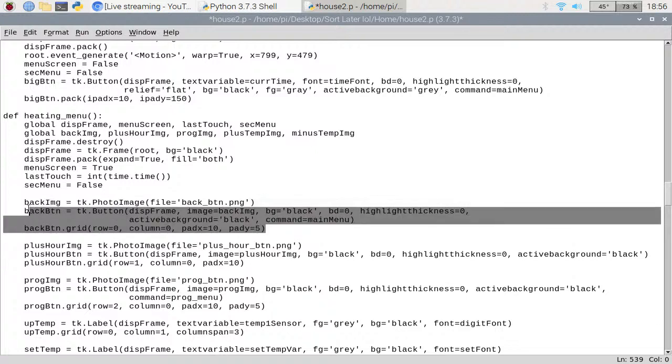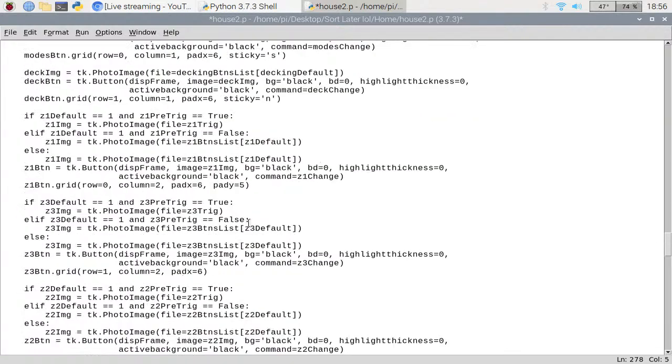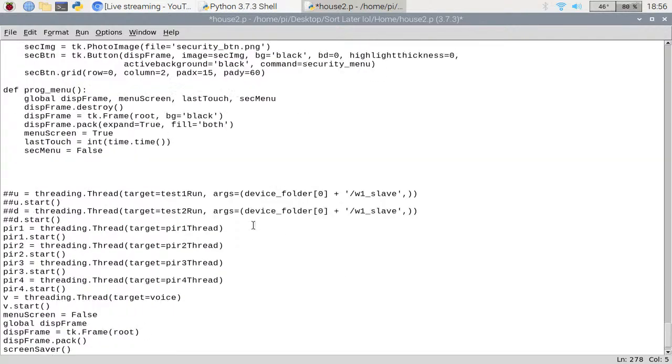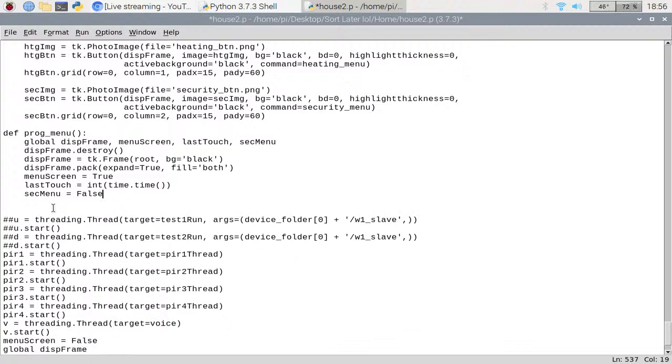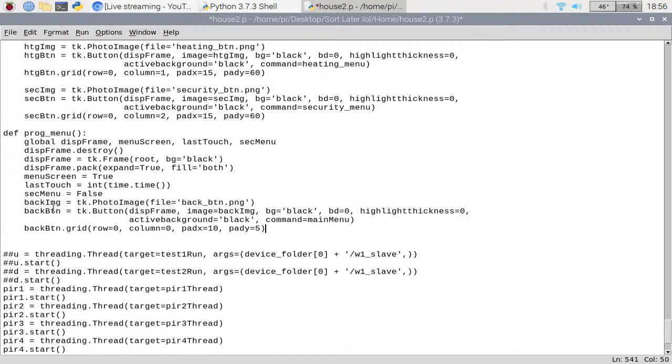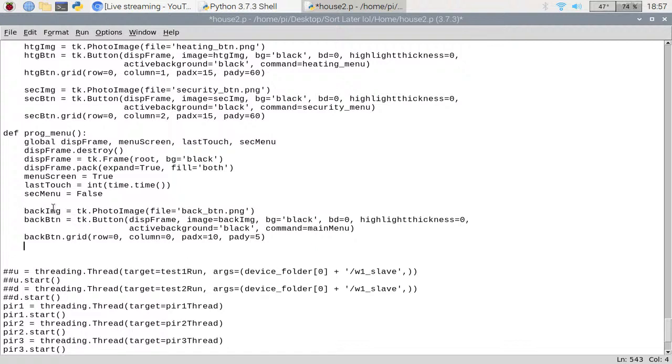Super, let's grab that. If it's already there, there's no point writing it out again. Right, so there we go. We'll just separate them. Right, so we've got our back button, and it is in the position I want it to be, but